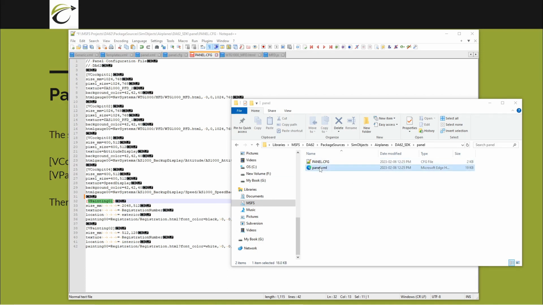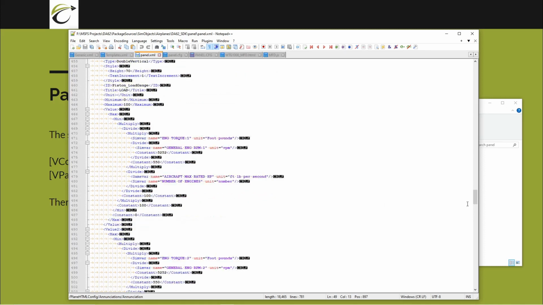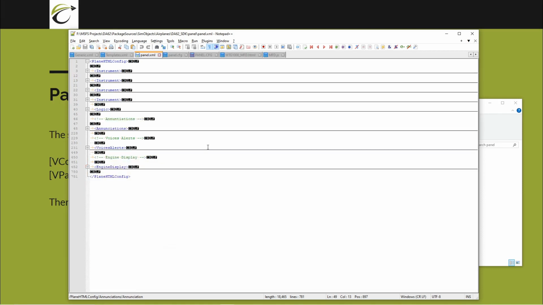The DA62 has a panel XML file. We can open that up in Notepad and we can have a look at what it looks like. An XML file is basically a file with XML tags. I can use the